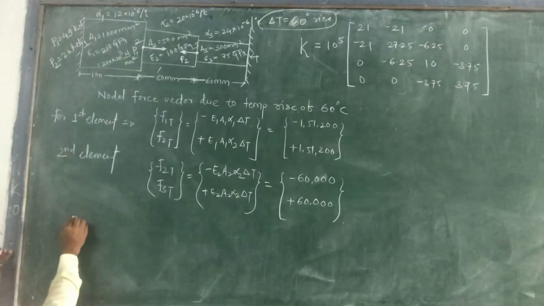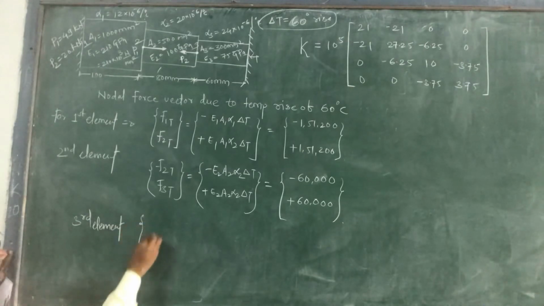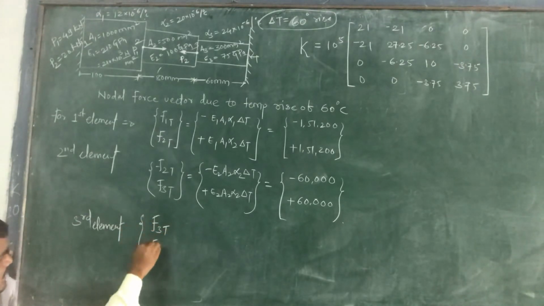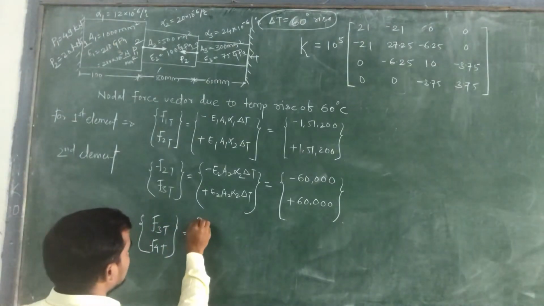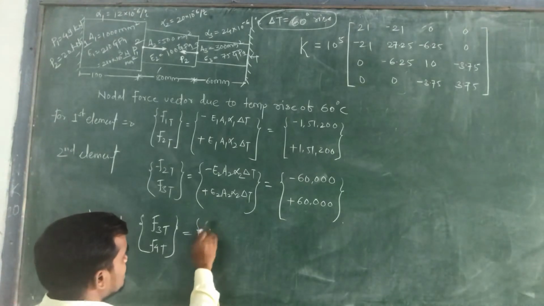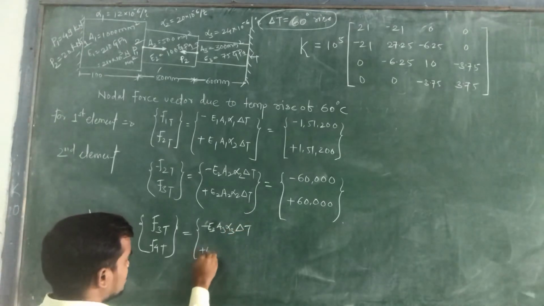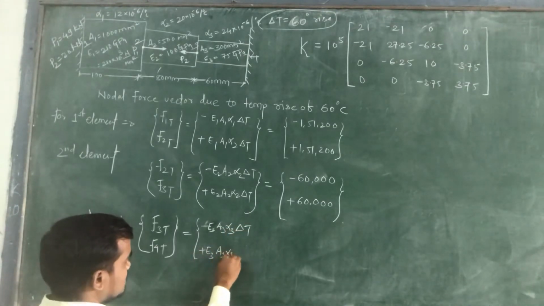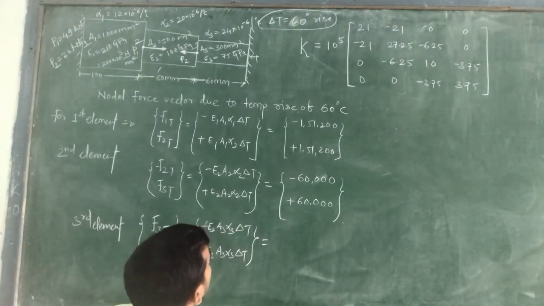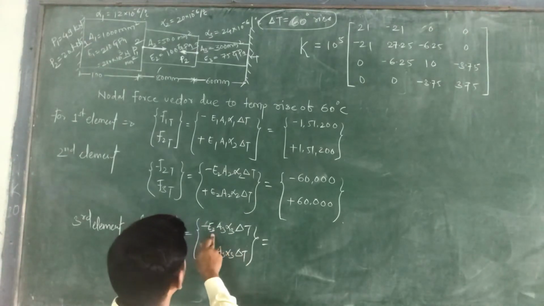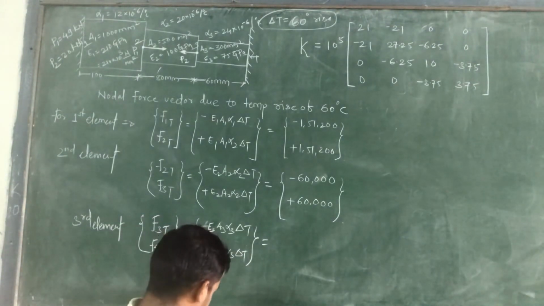Similarly, we need to find out for the third element. For the third element, it will become between node 3, F3T and F4T. If we write down this formula as minus E3, A3, alpha 3, delta T plus E3, A3, alpha 3, delta T is equal to, on simplifying by putting all these values into this formula, you will get the third value as,